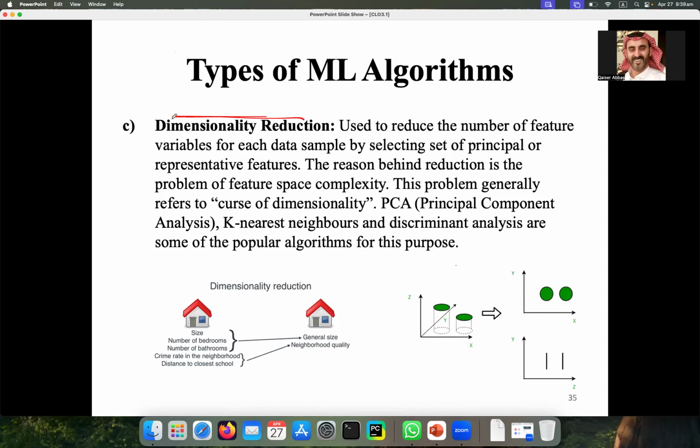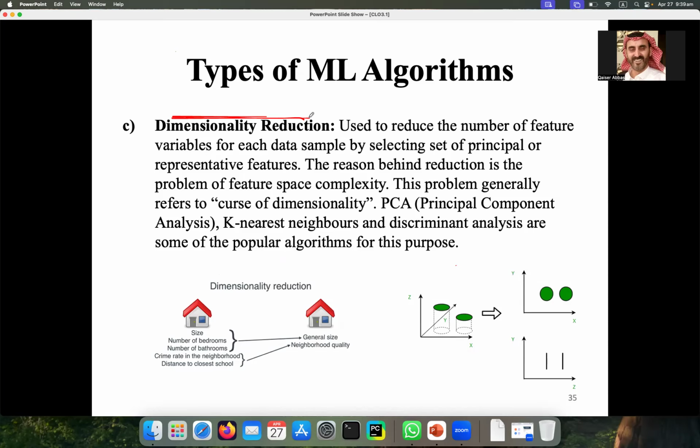Anyhow, dimensional reduction. When the number of columns in your data is too much, and that data is in tabular form, it means the dimensionality of your data is large.